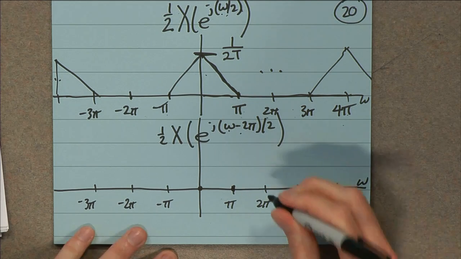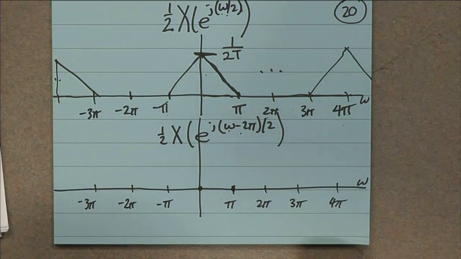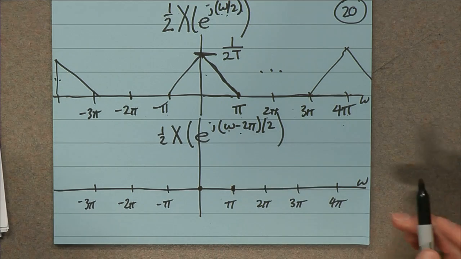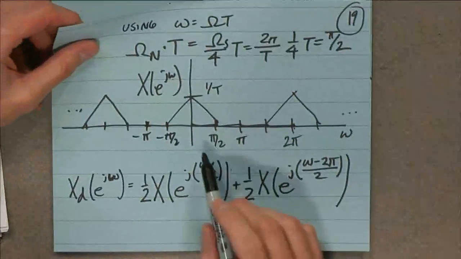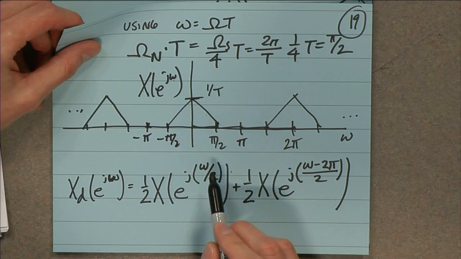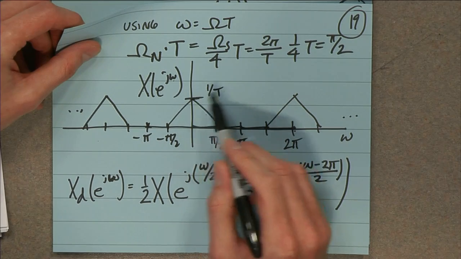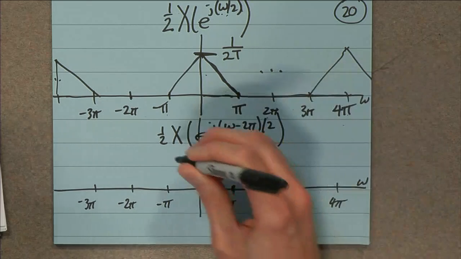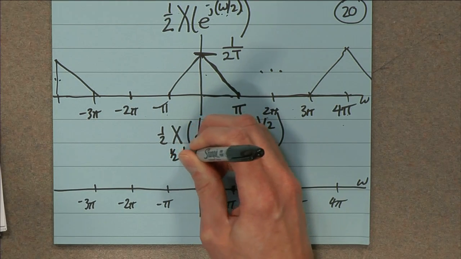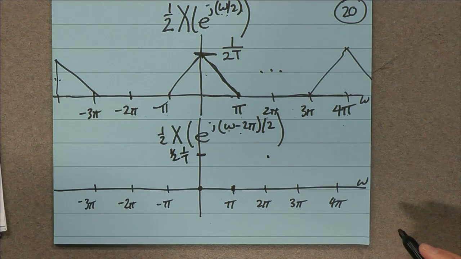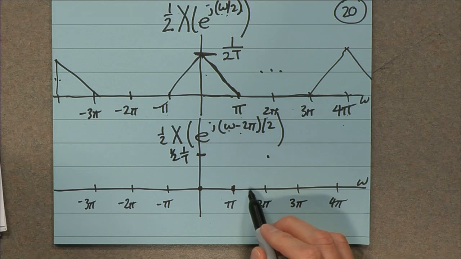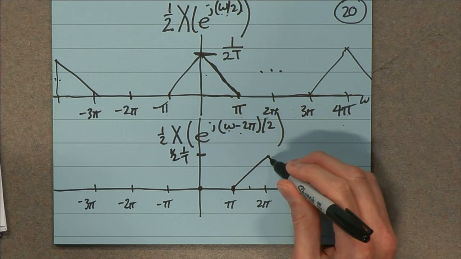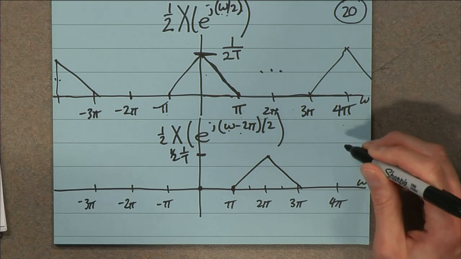Let's do one more, 2 pi. 2 pi minus 2 pi is 0, divided by 2 is still 0. So 0 is that 1 over t, it's the top part. So it's 1 over t, and scaled by 1/2. And if we fill in these, you're going to end up with a spectrum that looks like this. I'm not going to go through all the points, but